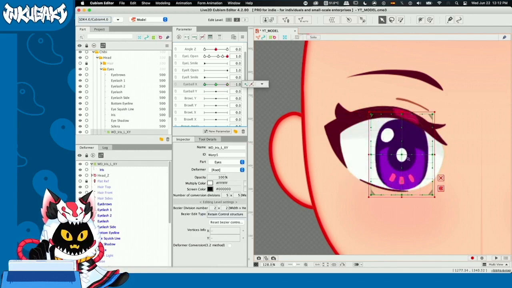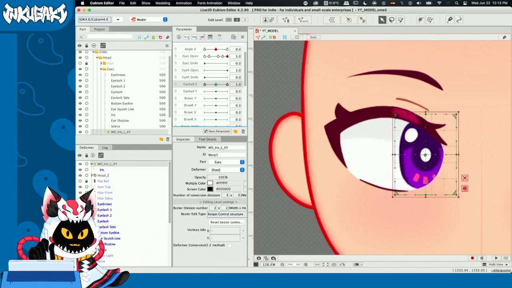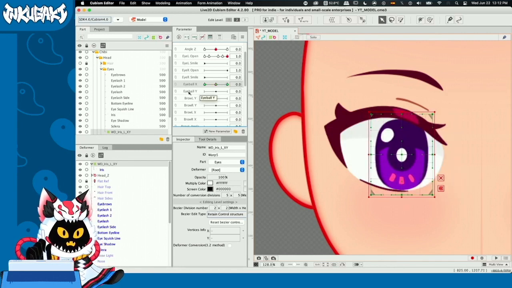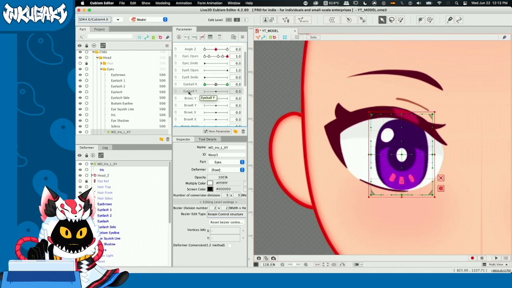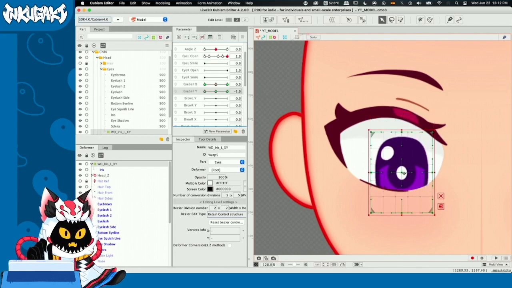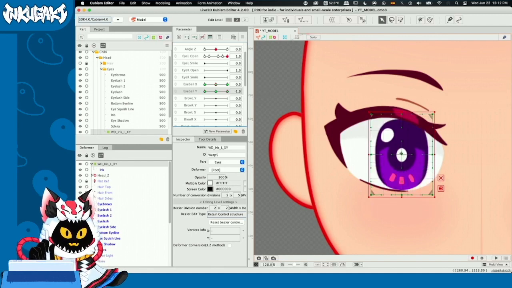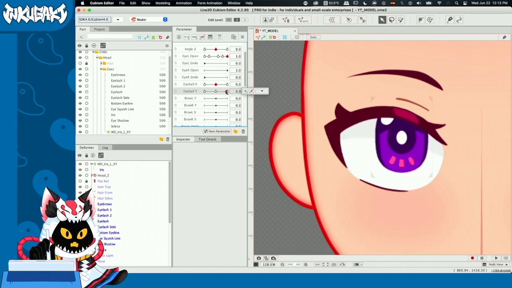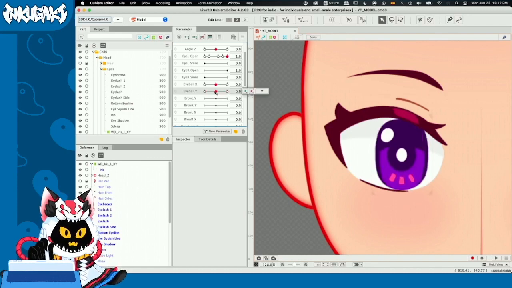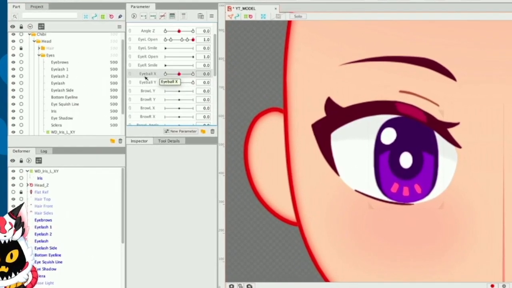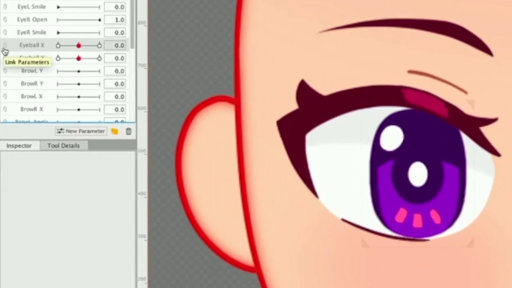When we go to 1, this one is going to be right. Now, we're going to go to eyeball Y and do the same. Create 3 keyforms, and when it goes negative, we look down. When it looks positive, we look up. And once we have these core animations, we're going to position ourselves on eyeball X and go to the button